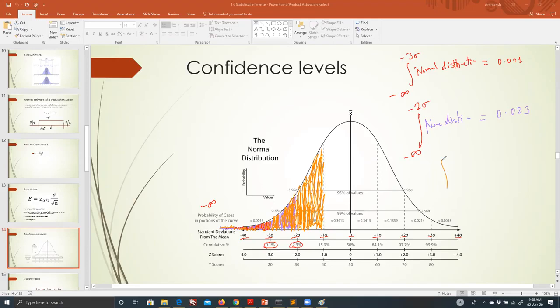So from negative infinity to negative 1 sigma in a normal distribution, that will give you 0.159. And of course, if it is a well-balanced graph, from negative infinity till 0, or till the mean, you will get exactly 50% of the curve. And similarly, you can keep going ahead. Now beyond 50, if you go till positive 1 sigma, then it is a total of 84.1% of the population.